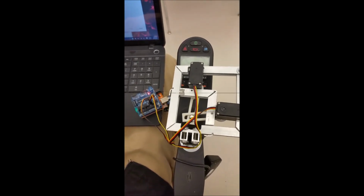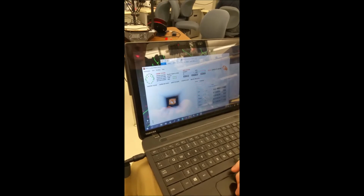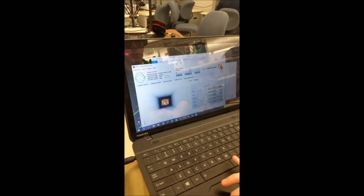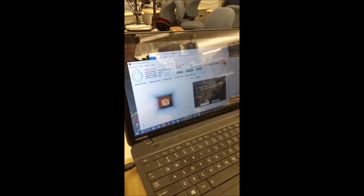Like so. Some of the training that you have to go through to learn how to make the cube move in specific directions, and therefore the wheelchair move in specific directions. So you choose a direction and you can calibrate it to any user who wants to use the chair. And then you just train. I'm training push, so I'll think pushing. Accept the training, and then I'll be able to push the cube